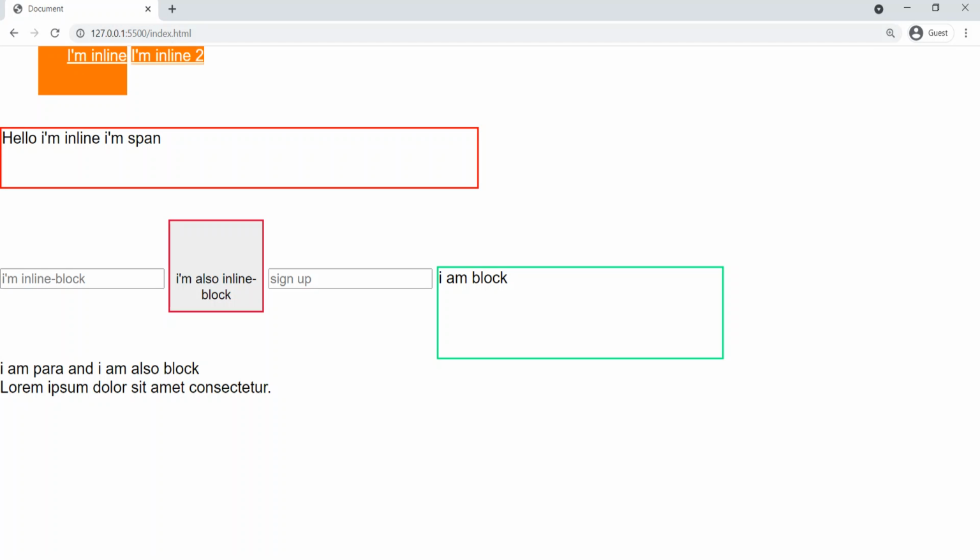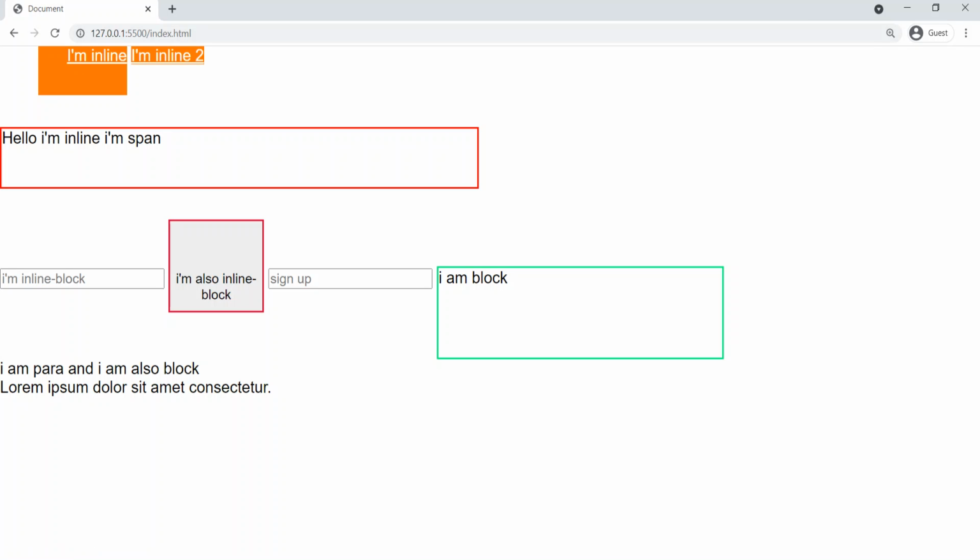Okay, so friends, like this, now we can convert this inline element into a block element or inline block element, and you can also give it width and height. So friends, like this, depending upon the use case, we can convert one type of element to another and give it styles. Sometimes we'll get situations where we have to convert an inline element to an inline block element and give it width and height. Okay, so in those cases we can use this display property and we can convert elements from one type to another.